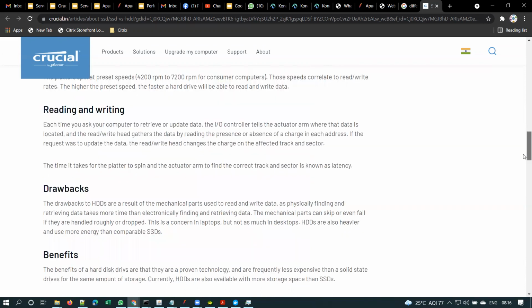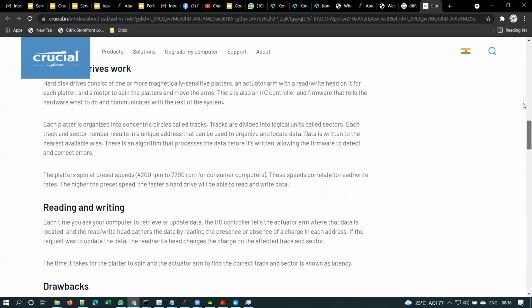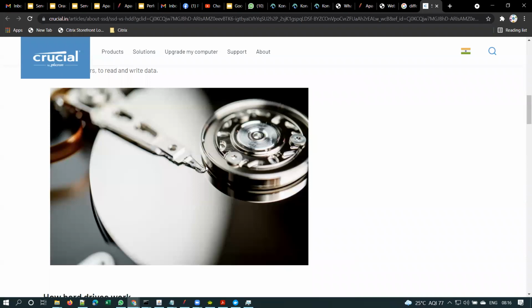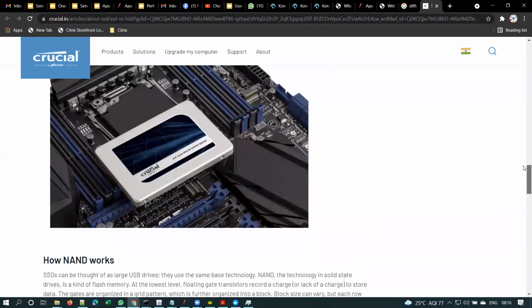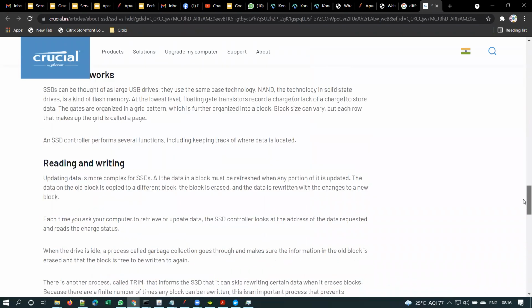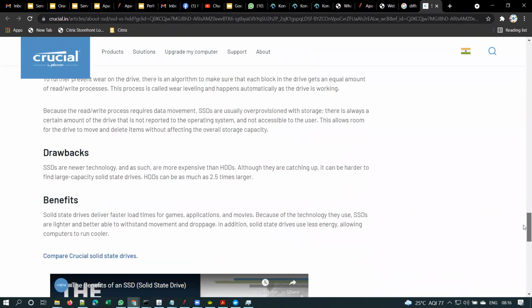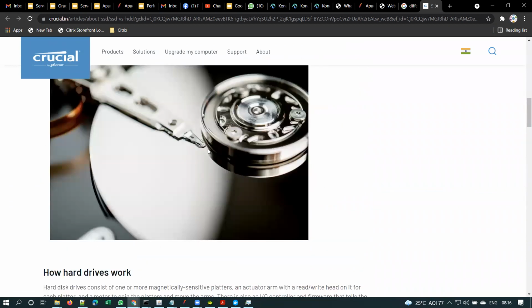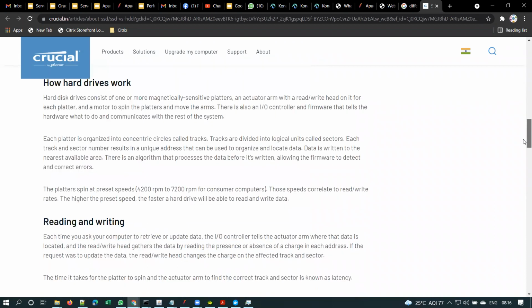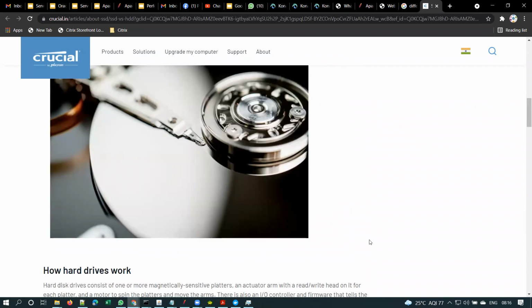As this involves some moving parts, it will be slower. Hard disk will be slower and also bulky. It will weigh something like 200 grams or 150 grams, whereas SSDs are like RAM, and they are efficient and much faster. Also, with hard disk there is a chance of your hard disk crashing, but with SSD you will not have that risk of crashing.